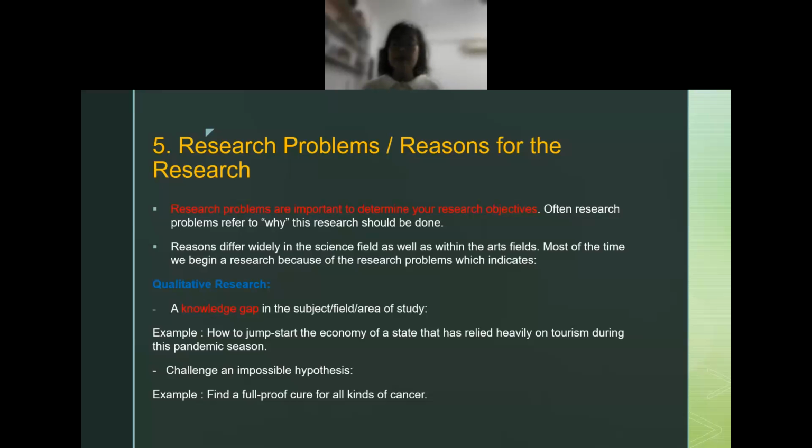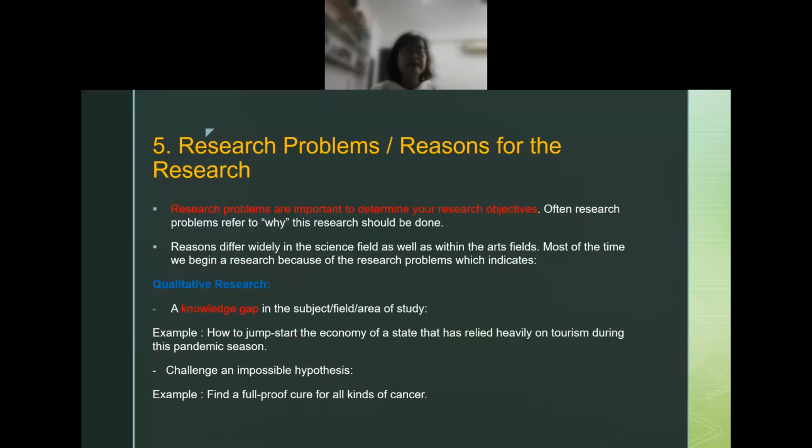Okay, it's not that easy to just use whatever you have observed to do a research, because whatever you observe is just a very, very small group of people. It does not mean that what you have observed is reflective of everyone in the world. So when you do a research, you have to take into consideration all the other research that has been done in the same field by other people outside of Malaysia, outside of China.